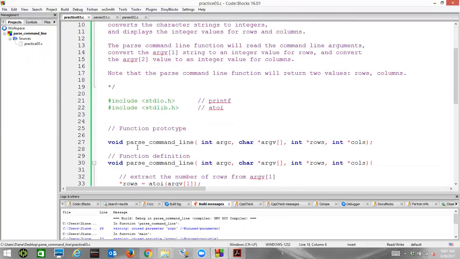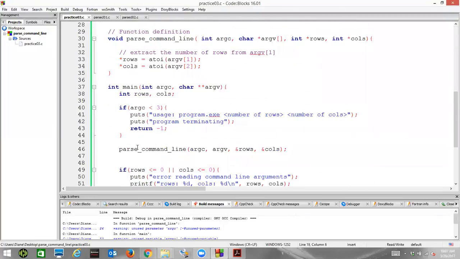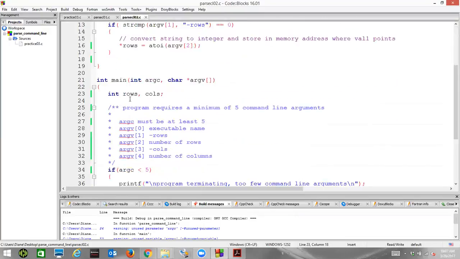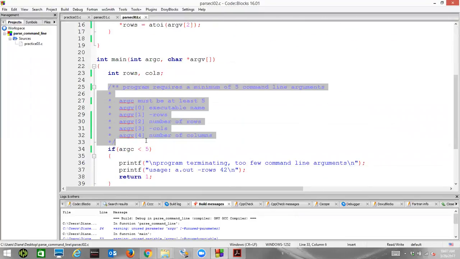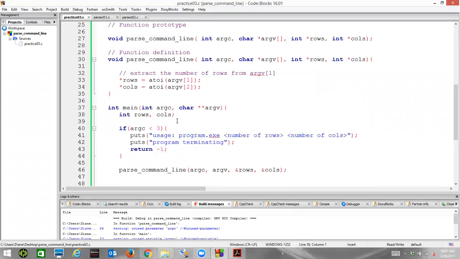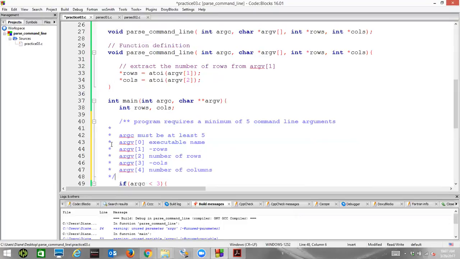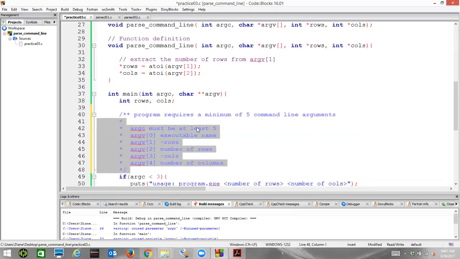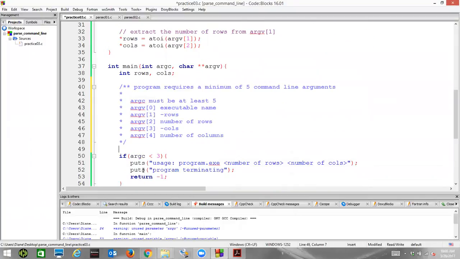Now the user has to type at least 5 things on the command line. I gave you an example called Parse 2. I'm going to pull this out for these comments. Here are the comments that you want here. So the program is going to require a minimum of 5 command line arguments because we still want the rows and columns. Before, we were comparing this to 3 because we wanted them to have the name of the executable, the number of rows, and the number of columns. Now, if this is less than 5, we want to go ahead and display some sort of error message here